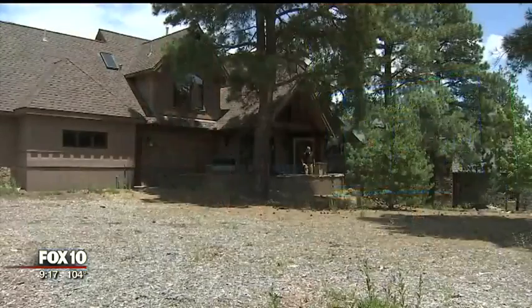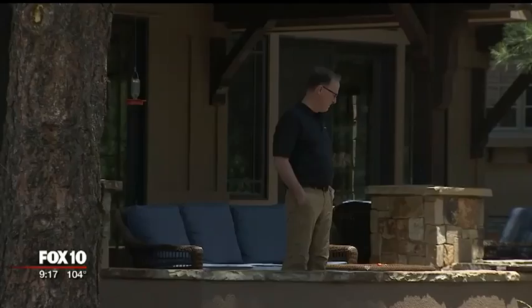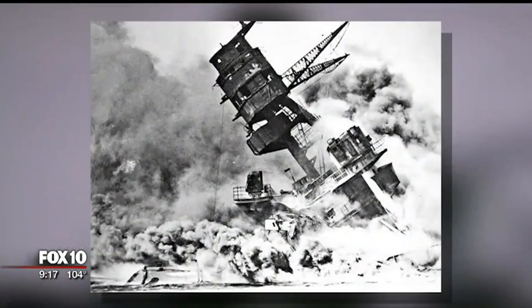And we've done that. Pete Kelsey recently returned to his Flagstaff, Arizona home after 2 years studying, mapping, and then recreating the USS Arizona at the bottom of Pearl Harbor. It was high time that somebody took a really close look at the ship and the memorial and the building itself. 75 years ago, this December 7th, the Arizona was destroyed by a Japanese bomb, killing